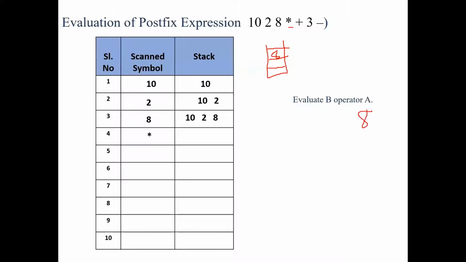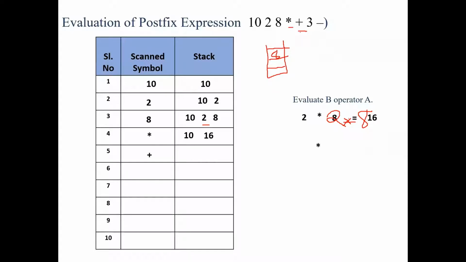So here it is 8, and then our operator is the multiplication operator, right? And then the second operand is 2, so it is considered as B. So we will be writing it as 2 multiplied with 8. So it is 16. The result will be pushed back onto the stack, right? So what all do we have in the stack now? 10 and 16. On top, we have 16. Understood? The next symbol we are scanning is now the addition operator, right?